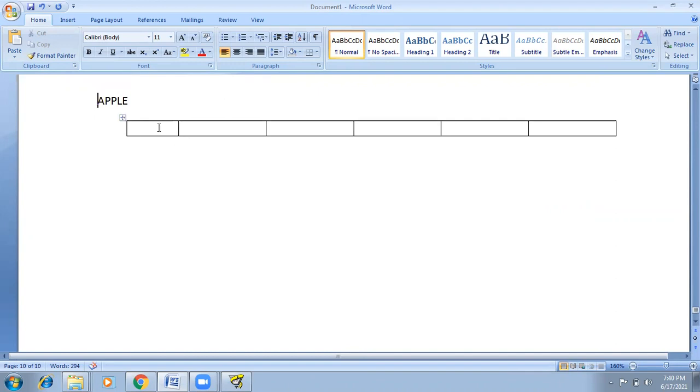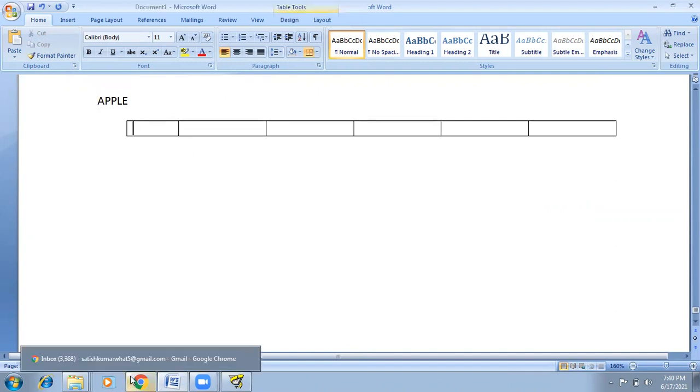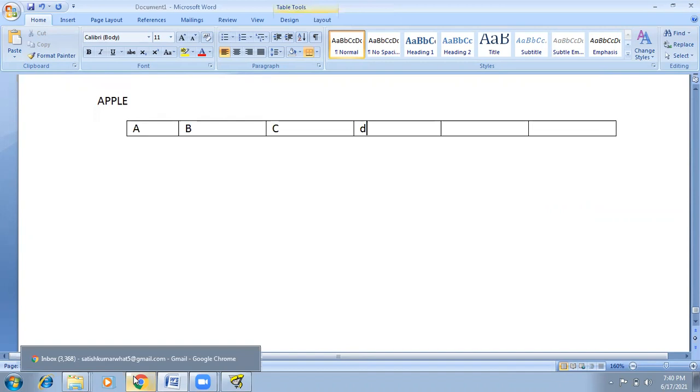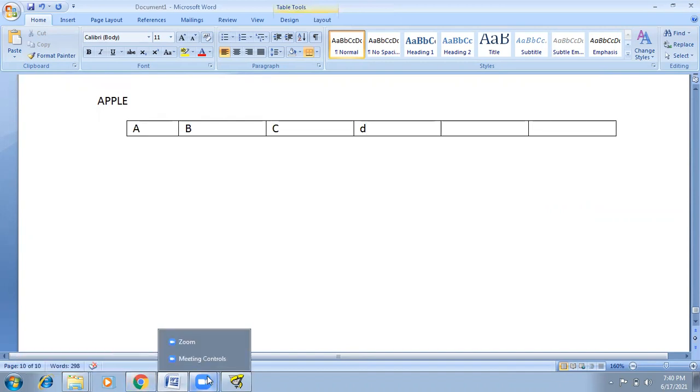Now this is a collection of a set of values. Let's say, for example, A, B, C, D, E, whatever it is. If you want to read this data, you can read it column wise only. You cannot read row wise.